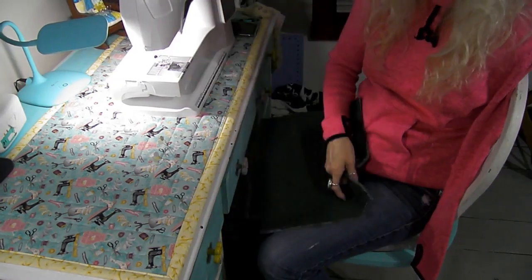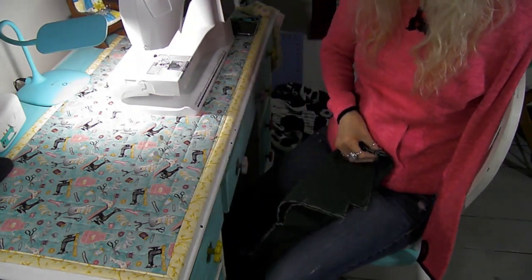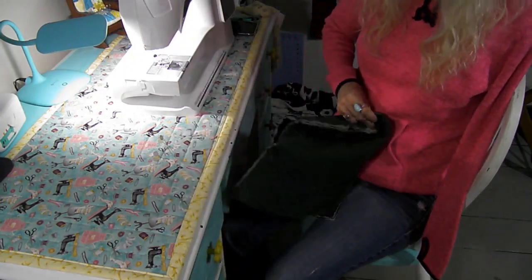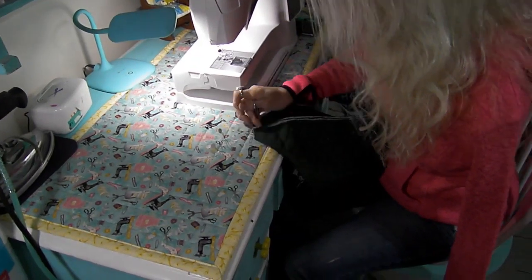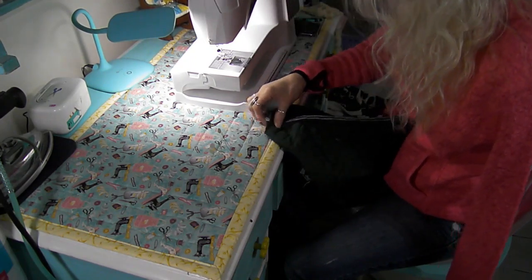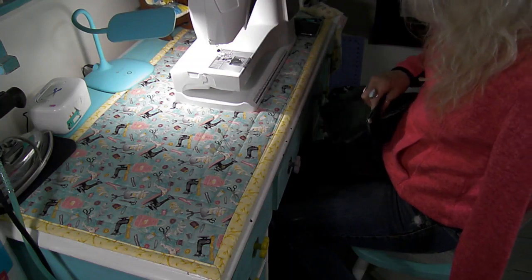Get rid of those. Okay, so now we've got this little open hole. I'm going to split it and I'm going to line it up seam to seam. So the bottom seam to the side seam should line up. And then I'm going to stitch it across. So it might be a good idea for me to kind of pin this so I can keep it in place, because you really want those seams to stay lined up. It just gives it a neater look, and by the looks of things they are pretty well aligned. So, and now I'm just going to sew across,